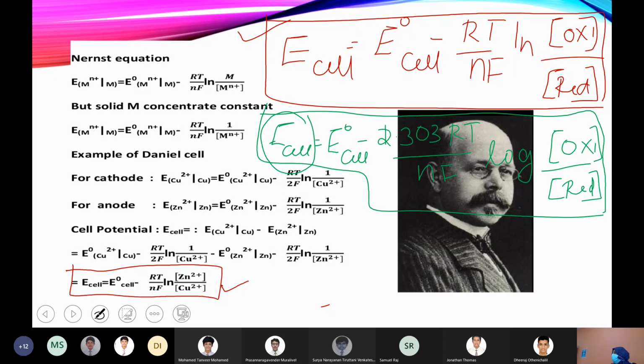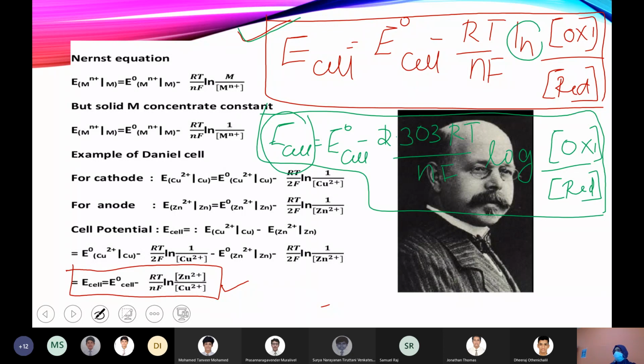Which equation? The one you were working with? That is the general Nernst equation. This is the final form of the Nernst equation, which you can apply for calculation of E cell under non-standard condition for any electrochemical cell. The green one is just where I've changed ln to log. That's why I added 2.303. That is the only change between red and green, because you can't do ln calculation with the normal logarithmic table. So it should always be converted to log.